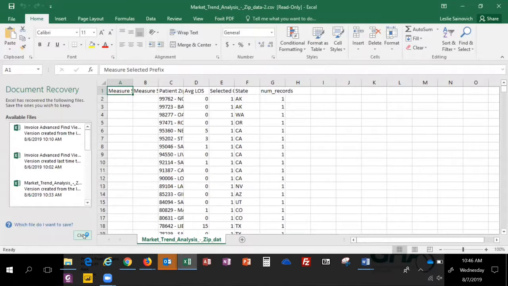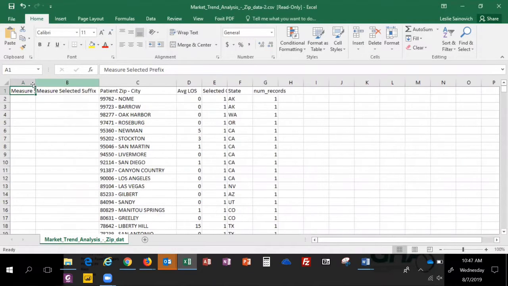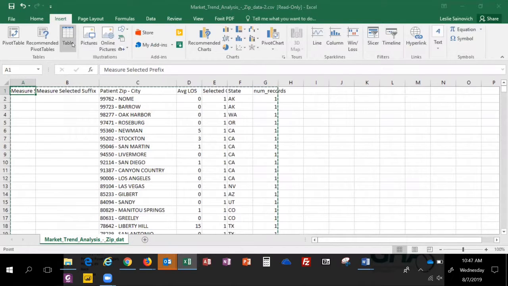And then you would be able to, and hopefully you're seeing my screen. I'm probably moving a little too quickly here. But you could actually sort on the number of records. So you can see that we have patients from out of state that are visiting, obviously, Georgia hospitals. So if we just insert a table here,